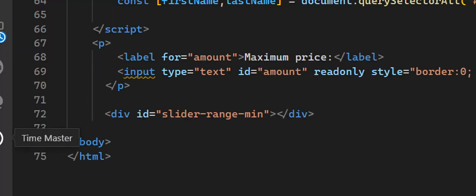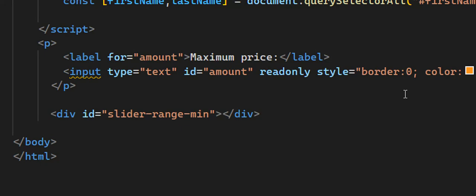And after that, what you need to do is add a div and give the ID slider range main. Now slider range main is created in jQuery. So basically this will tell the div to convert this into a jQuery minimum range slider. So that's how you create